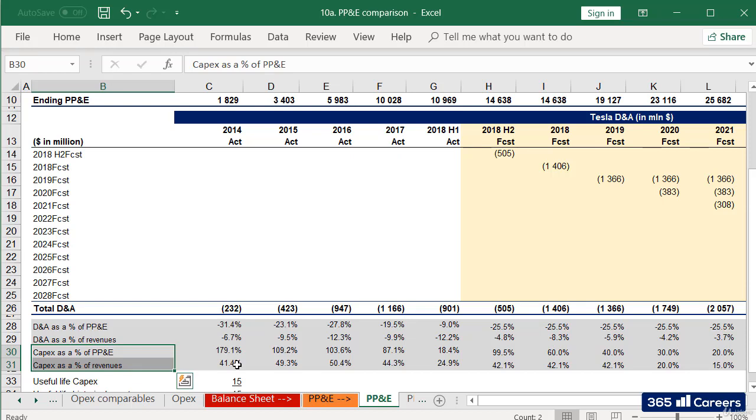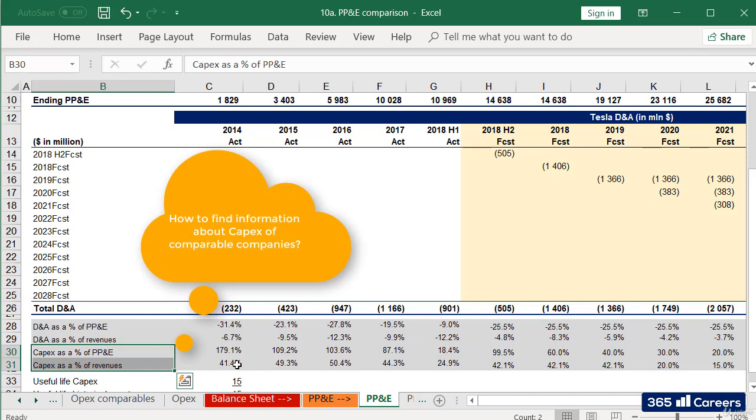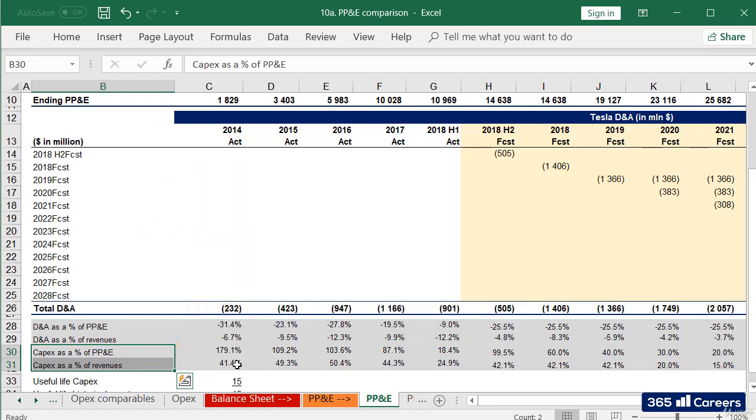We built our hypothesis on how fixed assets will develop over time using CapEx as the main driver. However, it is very difficult to say whether the numbers we considered are reasonable. In addition, it is hard to find information about the amount of capital expenditure spent by comparable companies. But we need to find a way to perform a sanity check somehow. So, let's figure out how to do that.